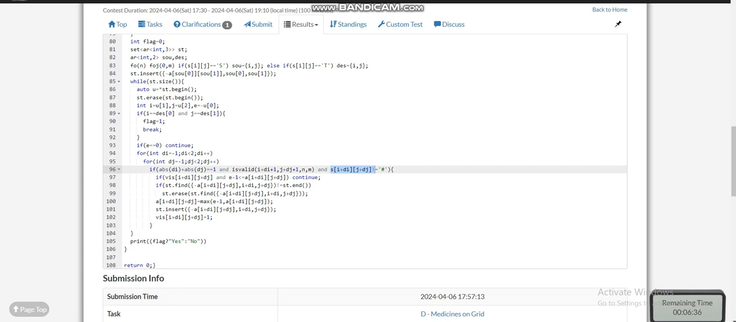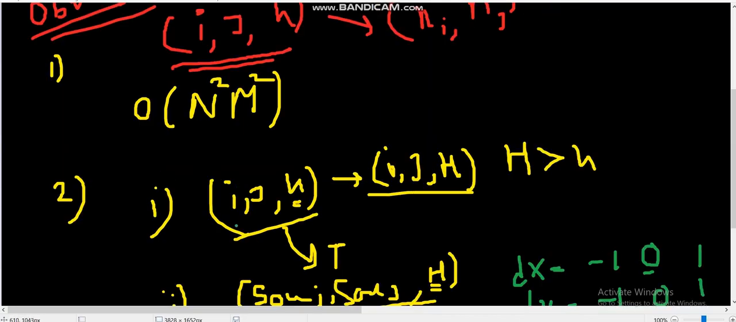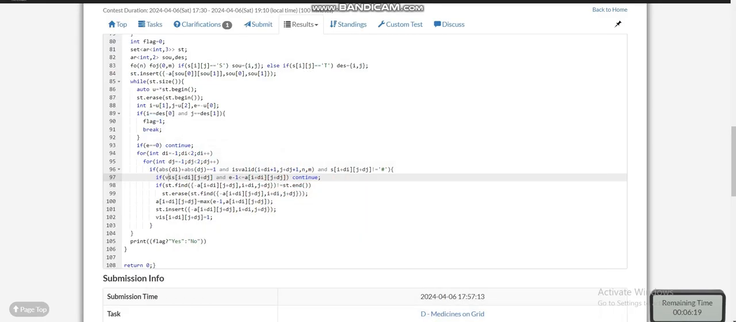Now here one important condition lies: if the neighboring cell is already visited and its health is greater than the health we will be moving with, then we will not add this contribution. I have already mentioned that if I, J, h is possible, then I, J, capital H, with capital H greater than small h, is also possible. So if we have already traversed the neighboring cell and its health is greater than the health we will be moving to, we will not add it. Okay, now here we are checking if the value of the neighboring cell is in the set,